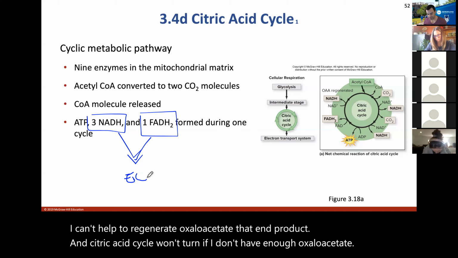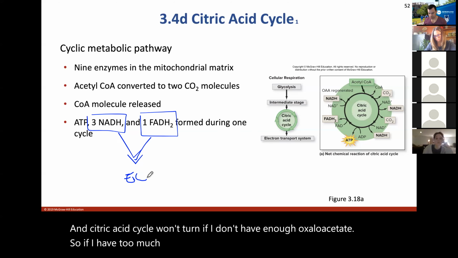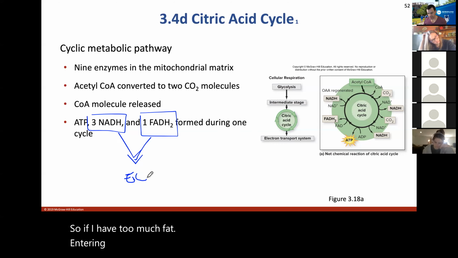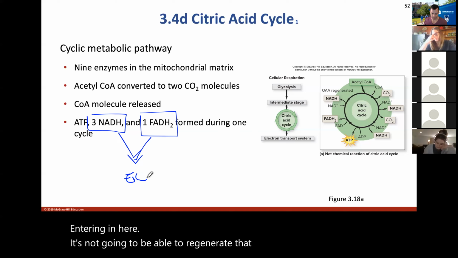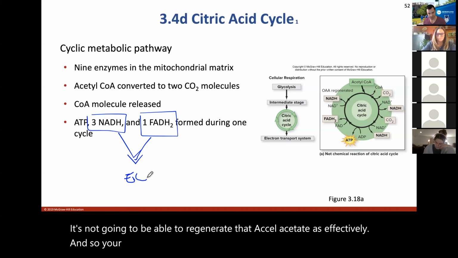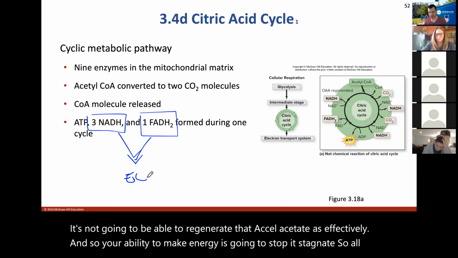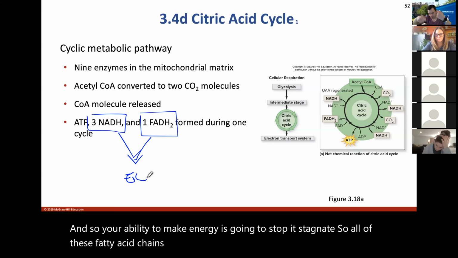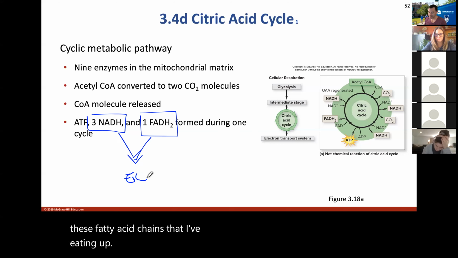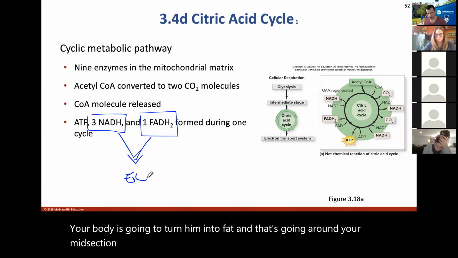So if I have too much fat entering in here, it's not going to be able to regenerate that oxaloacetate as effectively. And so your ability to make energy is going to stop and stagnate. So all of these fatty acid chains that I've eaten up, your body's going to turn them into fat. And then that's going to go around your midsection. And then that's when you're going to start disliking yourself. Okay? Because you can't fit into your